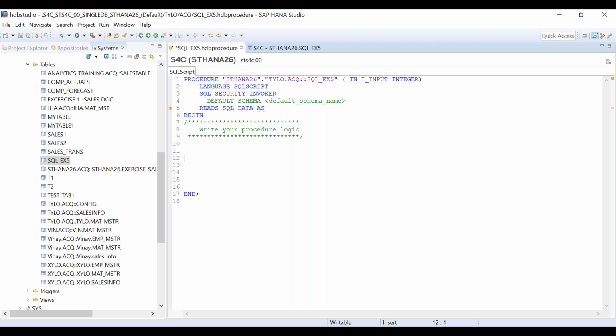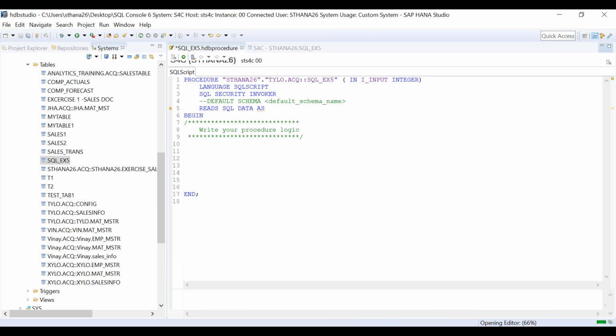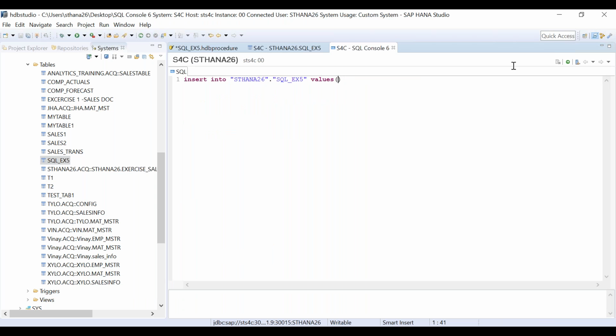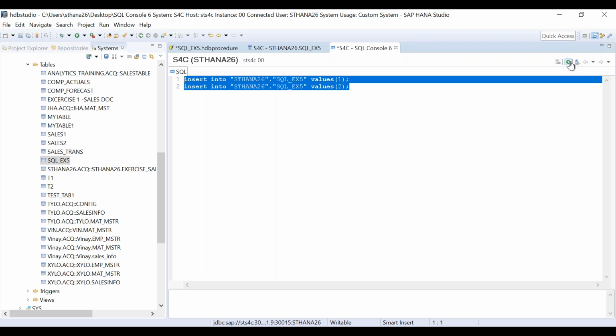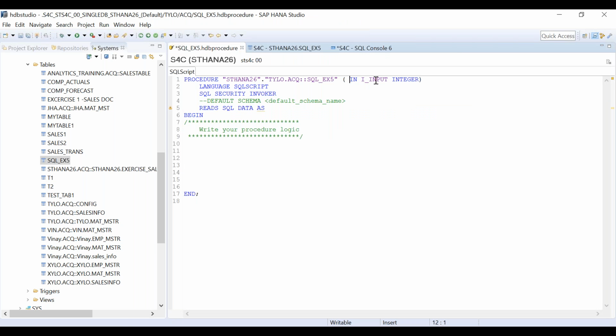Let's write it, then only you will be understanding what I'm saying. Now for example, let's try to just create an insert statement here. I will write something like this: insert value 1, insert value 2. Execute this. Done. Now simply come inside the procedure.